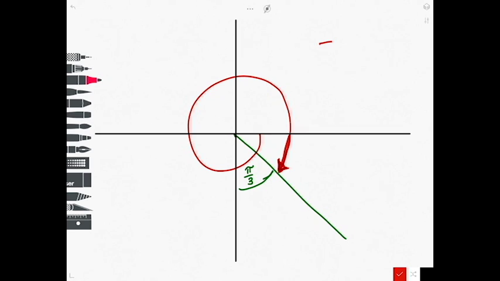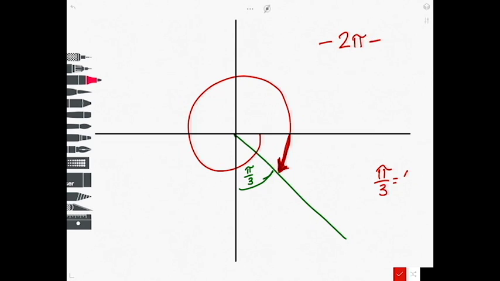Okay, one time around and then another little chunk. And so as I look at this, first of all, this one time around is 2 pi. So I have negative 2 pi, and then I've got to go another negative angle because I'm still rotating in that direction. So I've got to go a little bit further, and if I go back and look at my unit circle, I'll notice that pi over 3,